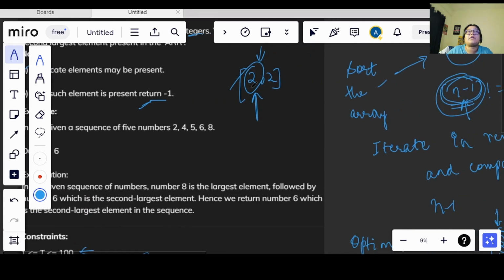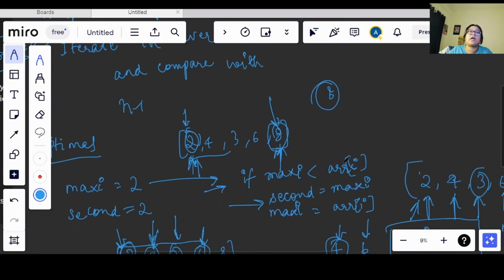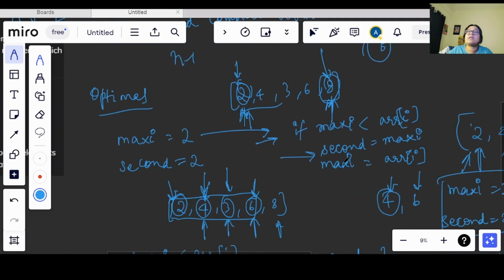If I already assign second with, like I have 2 and 2, and if I assign second also with 2, it will return 2. So in order to avoid the problem, we will initialize maxi only with array at the 0th index, and second we will initialize with -1, so that if we are not getting the second largest value, we will return -1 directly, okay?